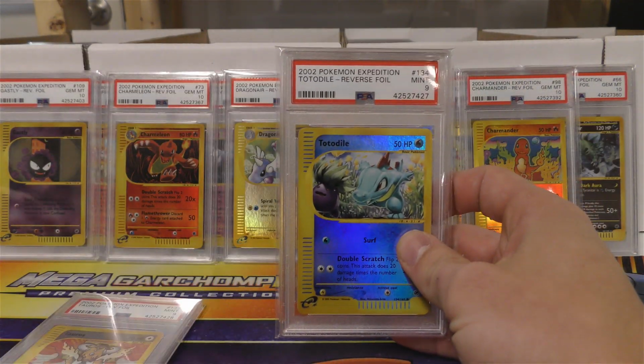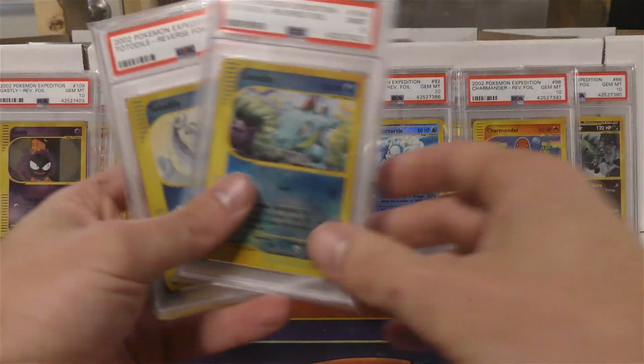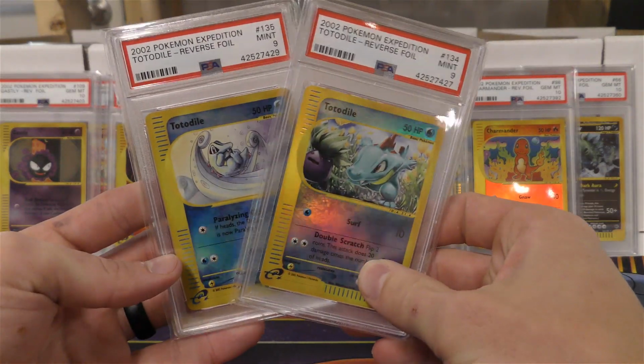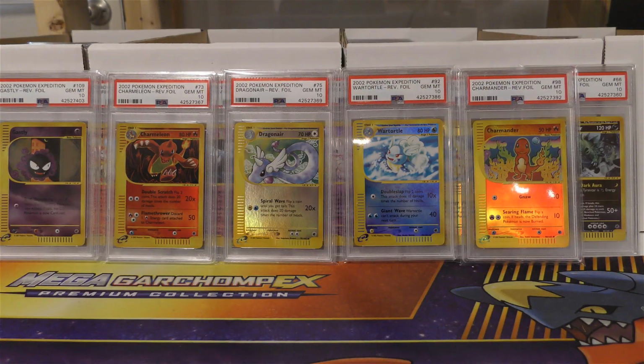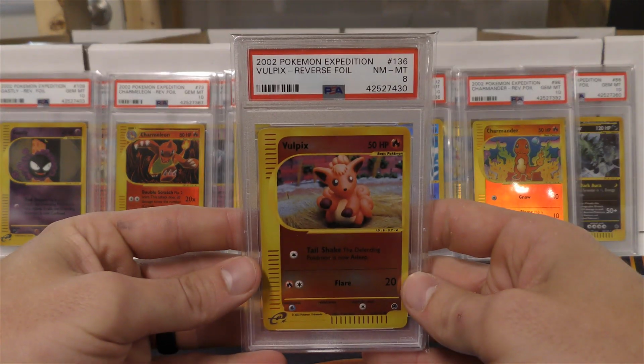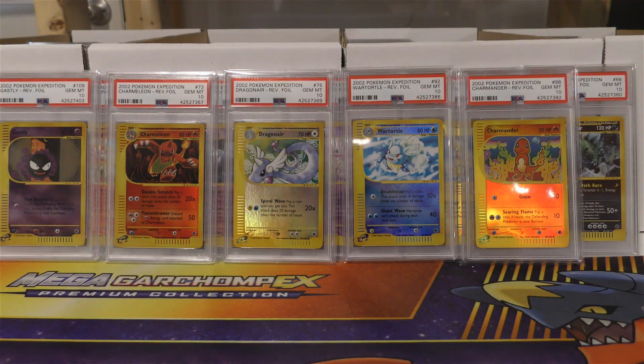Oh, Tauros is out of sorts. Should have been in front of that Totodile. Got 2 Mint 9s right there. Probably like that artwork better on the Totodile. Got Vulpix with the 8. Bill's Maintenance, Copycat,